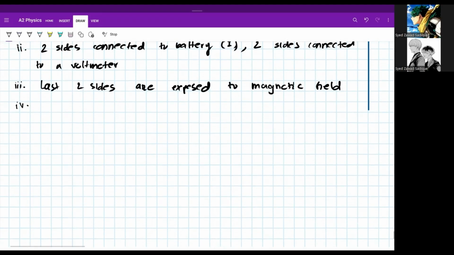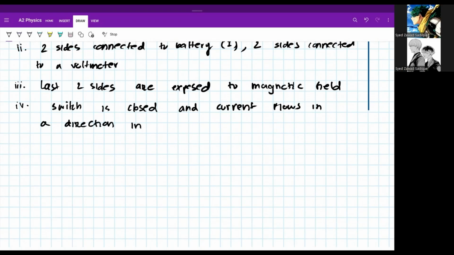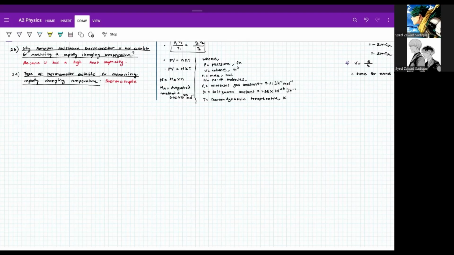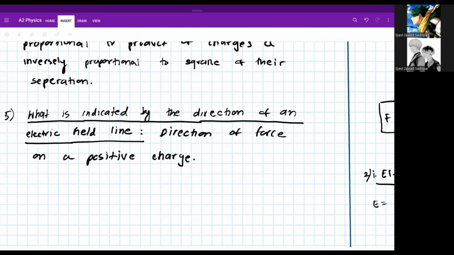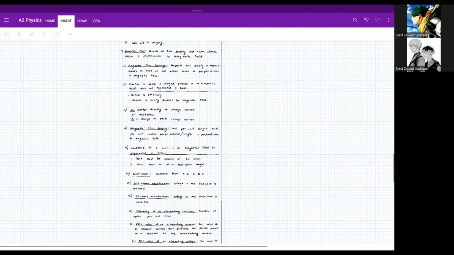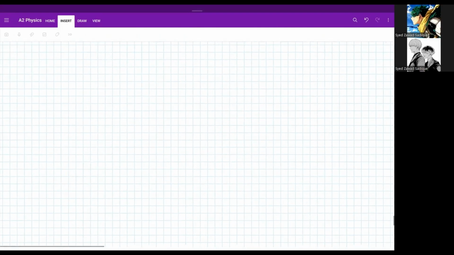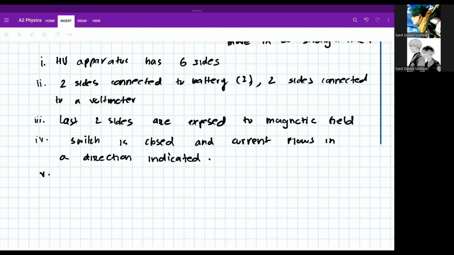Number 4 is the switch is closed and current flows in the direction that is indicated, right? Sorry guys. Okay, so where was I? So point number 5 was